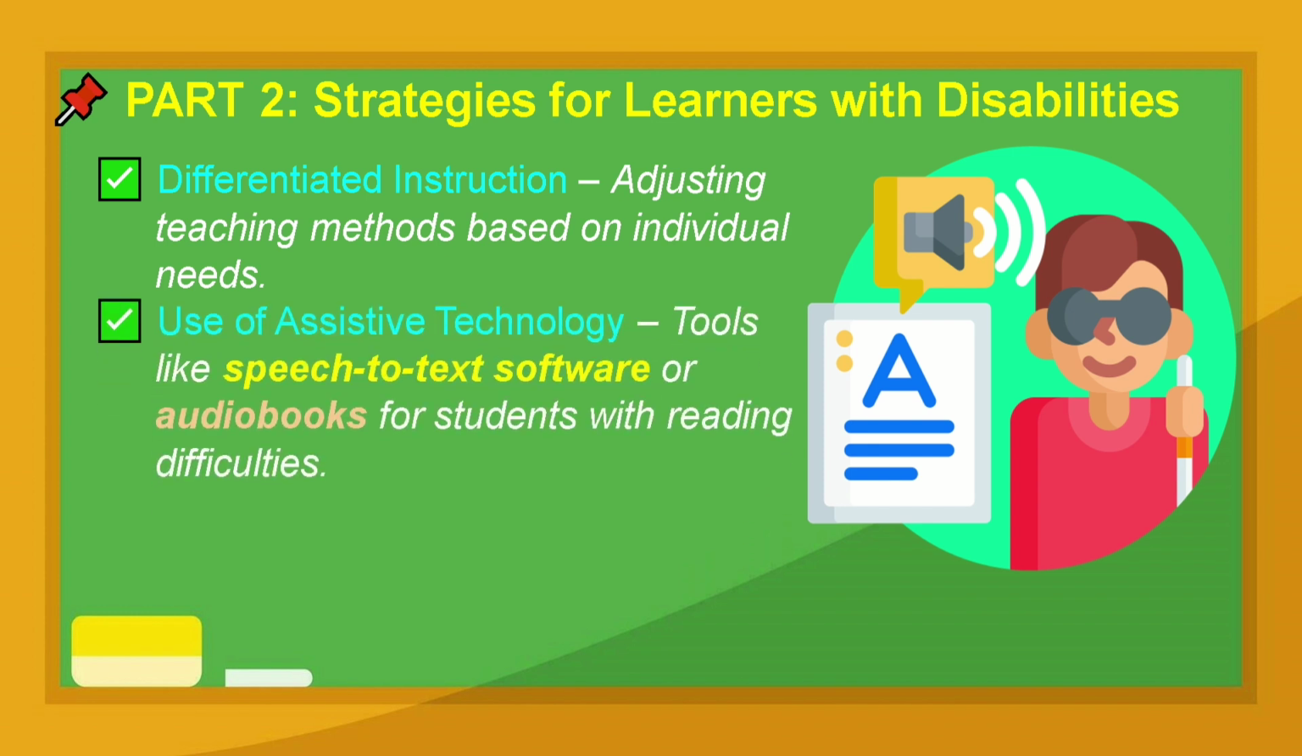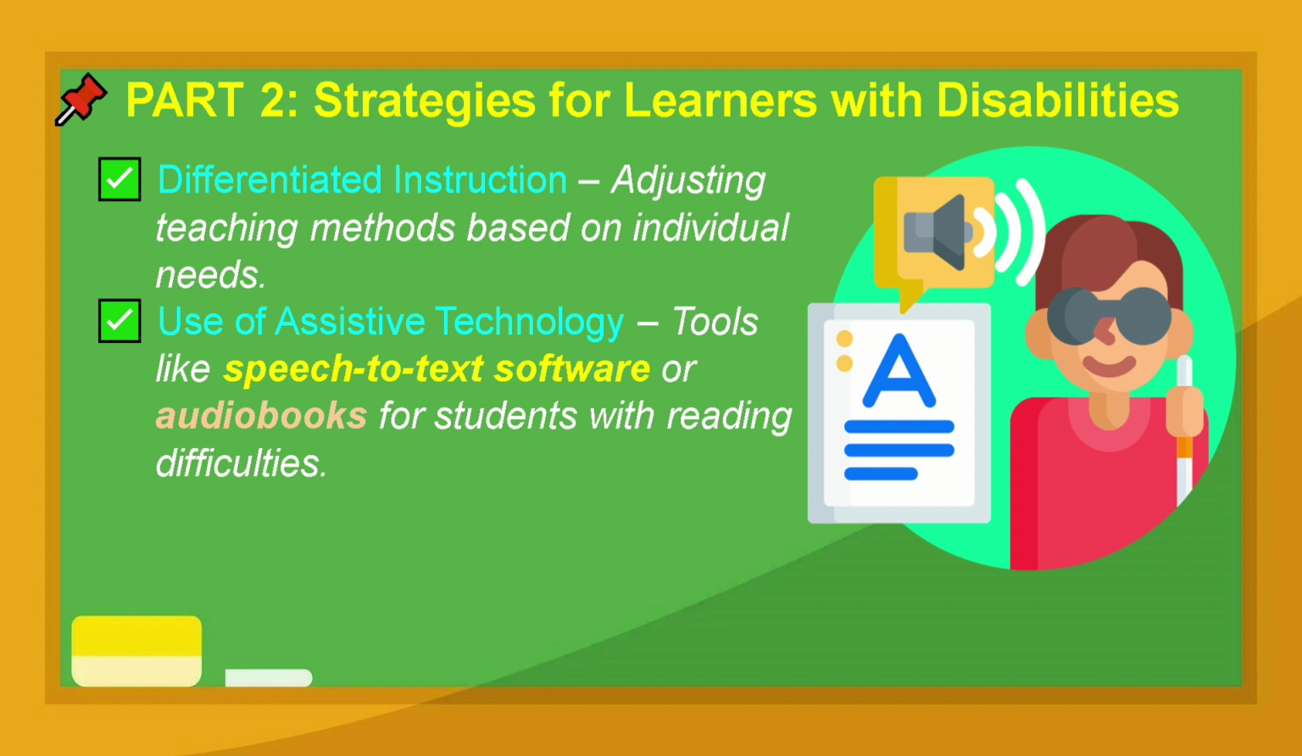Another strategy for learners with disabilities is the use of assistive technology. Assistive technology refers to tools and devices that help students with disabilities learn more easily and independently. For example, a student with a visual impairment can use a screen reader to read text aloud, while a student